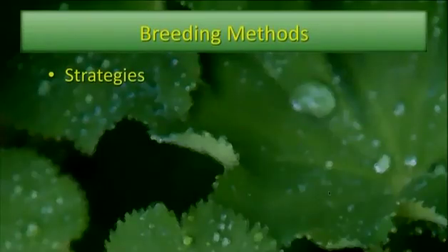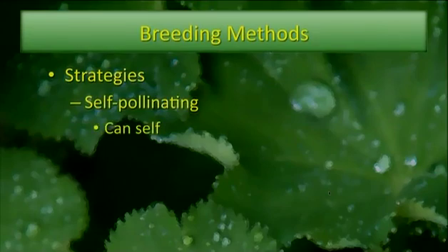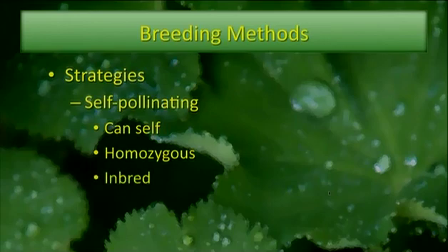Now, breeding methods. Breeders divide crop plants into two groups: self-pollinating and cross-pollinating plants. Self-pollinating plants, of course, can self-pollinate. Because their mother and father are the same parent, the pollen parent and the pod parent are the same. The mother is also its father. So they tend to be homozygous,